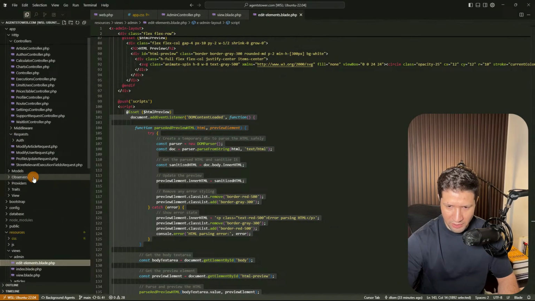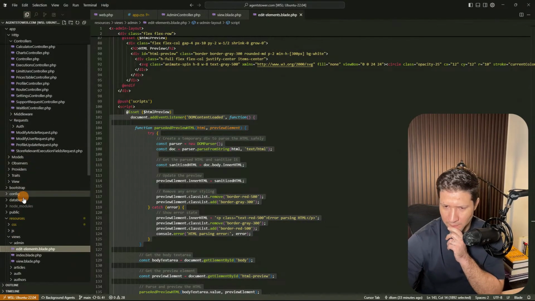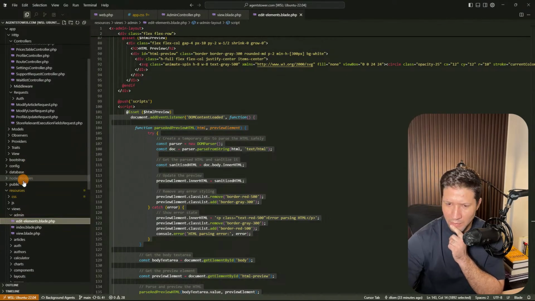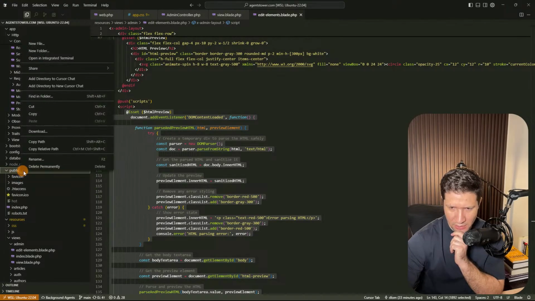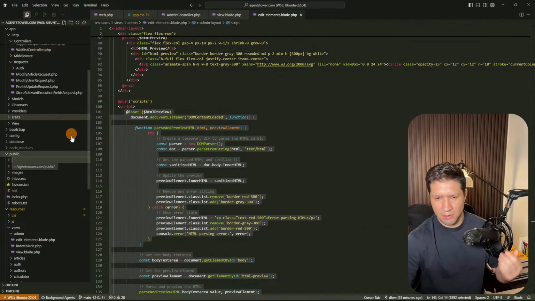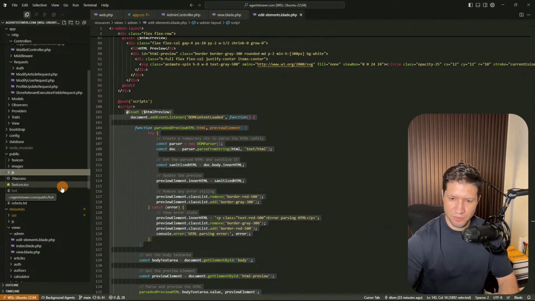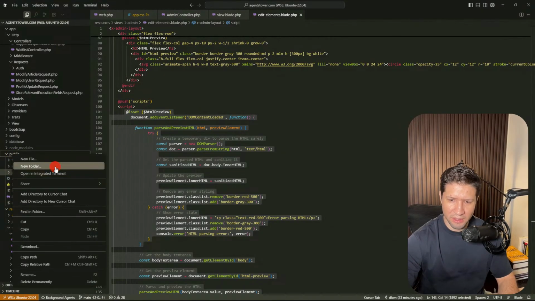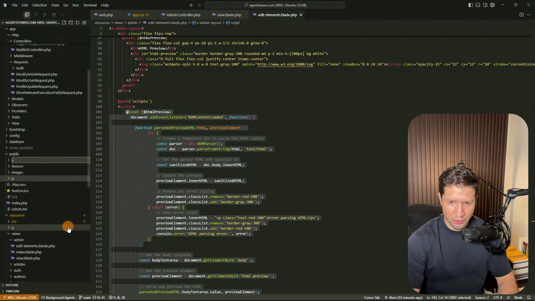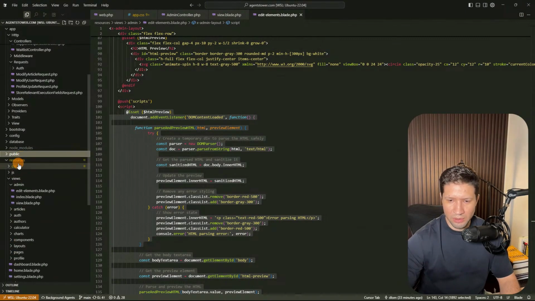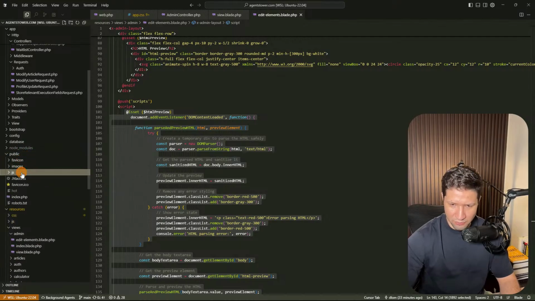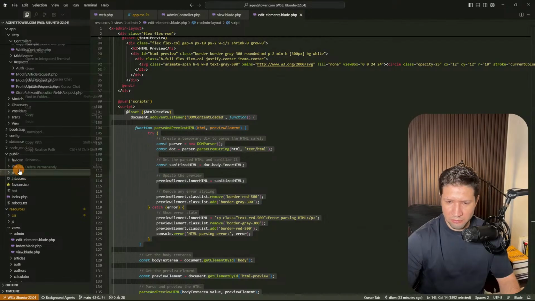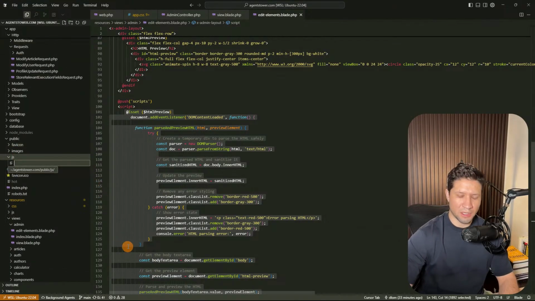So for example, I can go to public, and I can create in here a new folder. It's going to be JavaScript. To be honest, I can have in here a CSS folder and also an images folder. Okay, I already have those, but I'm going to have a JavaScript folder. So I'm going to create in here a new file that's going to be called